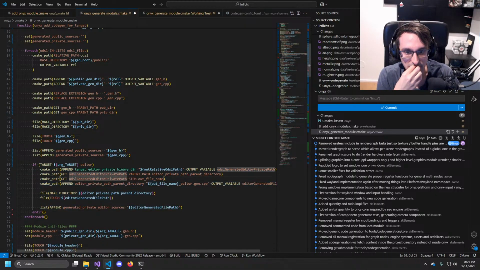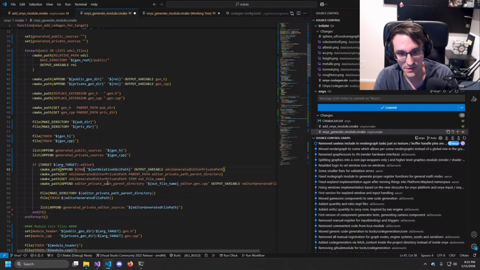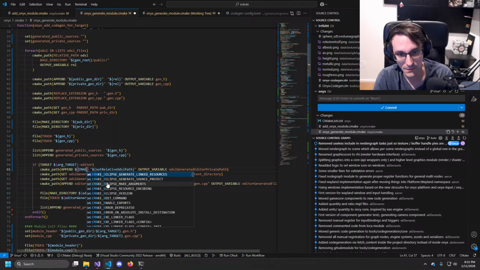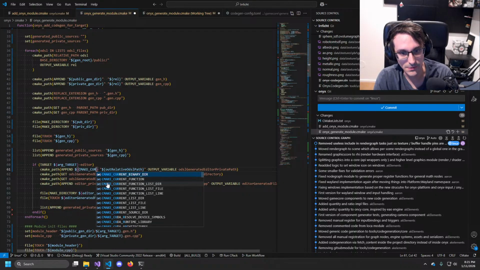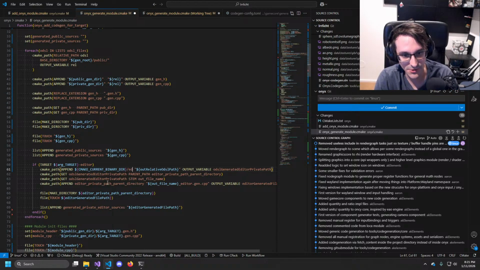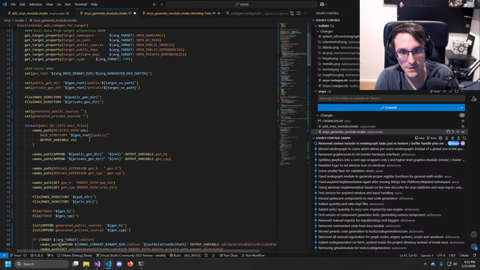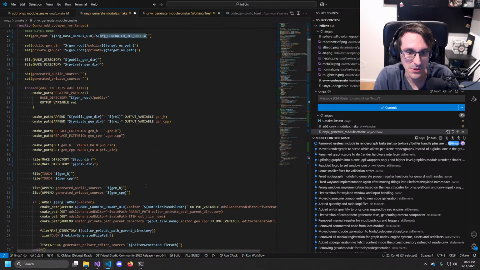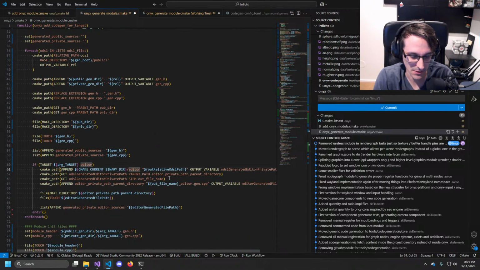And it's basically target added to a, well, that is CMake current binary dir slash editors slash generate. Why actually it's, yeah, slash editor slash,